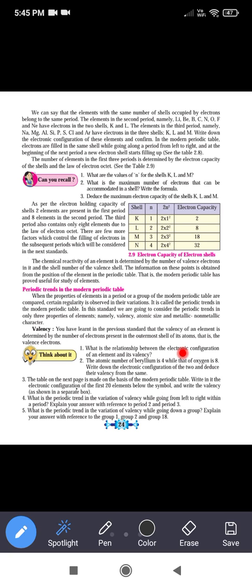Second question: the atomic number of beryllium is 4 while that of oxygen is 8. What is the atomic number of beryllium? 4, while that of oxygen is 8. Write down the electronic configuration of the two and deduce their valency from the same. Okay, now you have to write down the electronic configuration for the atomic number of beryllium, 4, and deduce the valency from the same. So when you write the atomic number of beryllium,